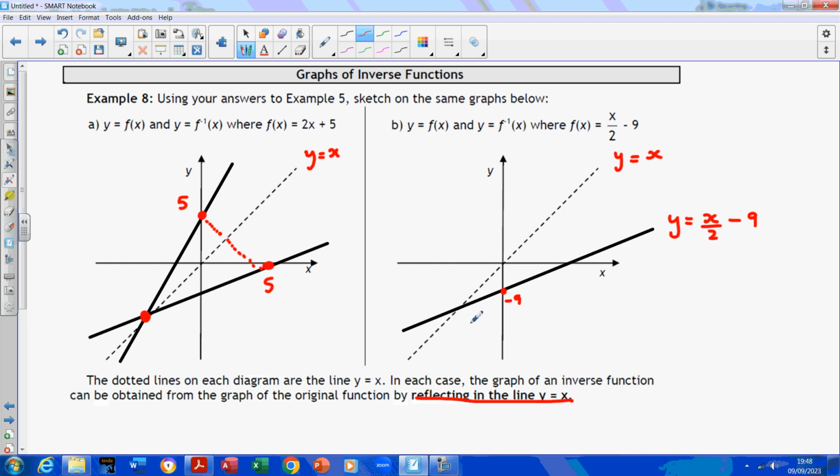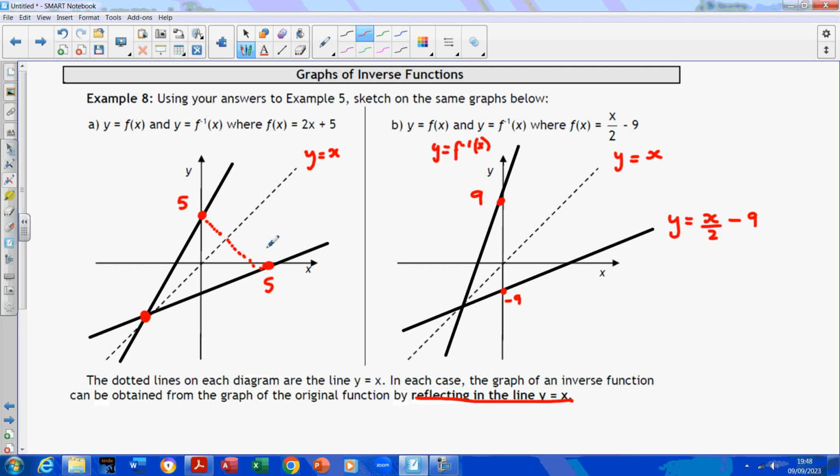Right, so I've got to now reflect that graph in that dotted line. So I'm pretending that dotted line is a mirror. And I'm going to draw the other part of that. So the other part of that will do something like that. I'll keep going. So that is your inverse graph. Now, if that was minus 9, then that one there has got to be up at 9. Okay, the mirror should cut both of them in half,